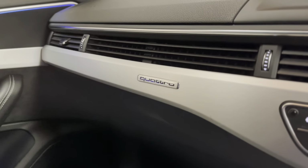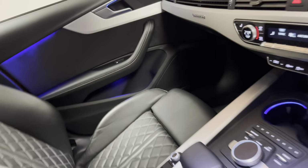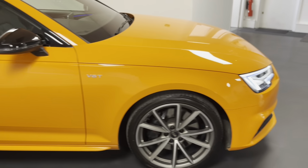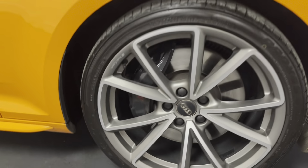Got a lovely Quattro logo just there. As you can see, this S4 has been incredibly well looked after. It's been really nicely spec'd. Like I said, it does have the Larry paint job, but it really just adds to the uniqueness of the car. The owners who spec'd the car originally could have gone for the red calipers, which would have done a bit of a colour clash,